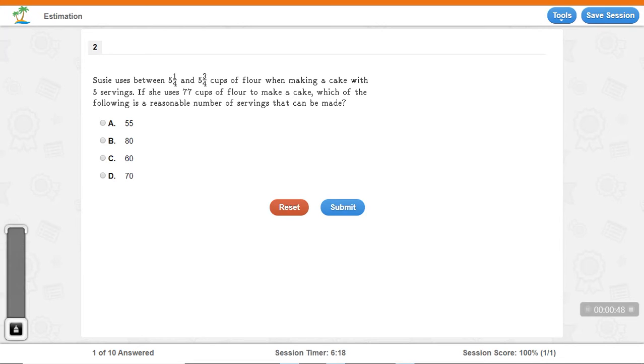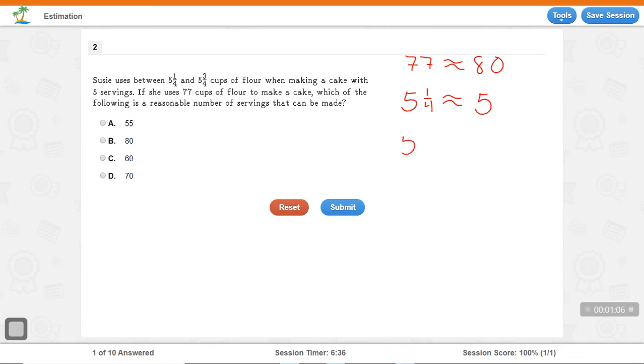I'll show you why. If I were to estimate on this problem, I would say that 77 is approximately 80, because it's closer to 80 than 70. I'm going to a nice multiple of 10 there. 5 1/4, well, if I want to go to a whole number, that's approximately 5, and 5 3/4, if I were to round that to a nice whole number, that's approximately 6. Now, if I were to do this problem with those numbers, I've got 80, and then I've got 6. If I look at it and I say, okay, 80 divided by 5 is going to give me